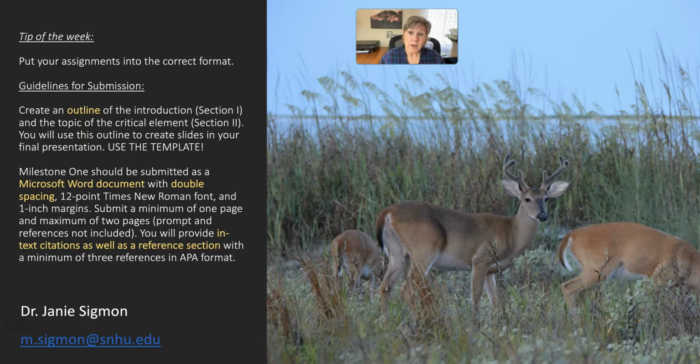Use those. In-text citations mean when you cover that information in the writing that you're doing, you need to give credit for that and then have a reference section as well. This is not all just coming out of your head. I can't imagine that you know this much about these different topics, that everything just comes out of your head. So make sure you use citations and include a reference page.